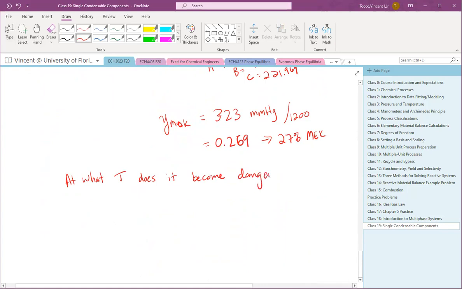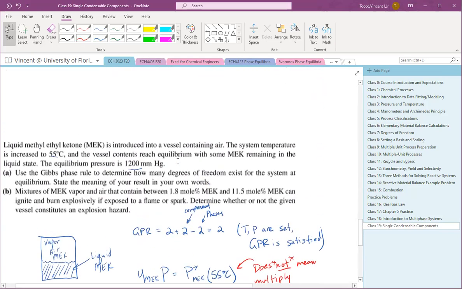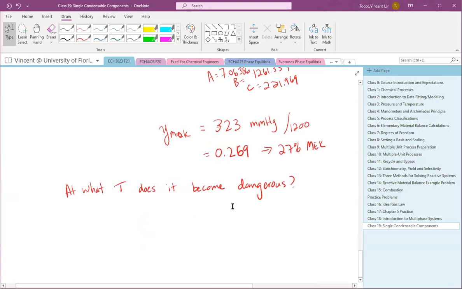And here I'm just flipping around what is known versus what is unknown. So my Y methyl ethyl ketone is going to become dangerous when Y is equal to 0.115, and I'm assuming that the pressure is the same, 1200 mmHg. The problem should state that. It should say at what temperature, assuming pressure stays constant, does it become dangerous,